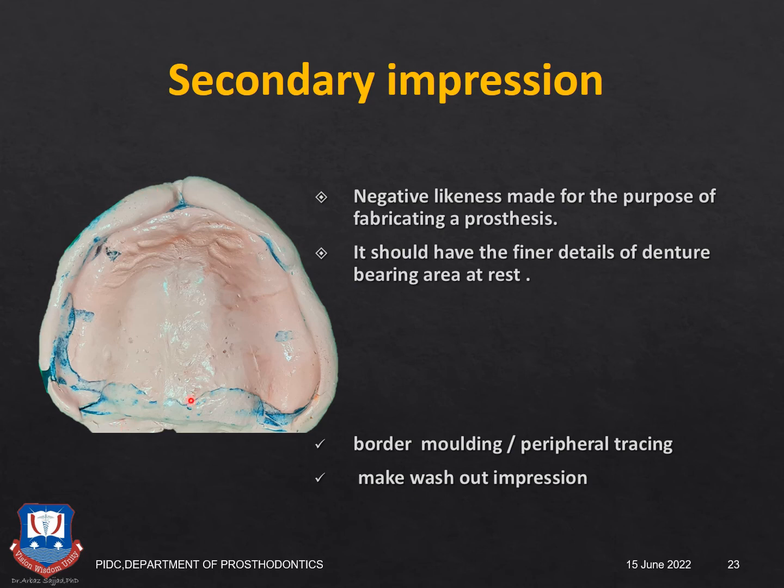This is how a secondary impression should look. It should be an exact or accurate negative likeness of the denture bearing area for the denture that is being fabricated. It should record all the final details such as the labial frenum, the buccal frenum, the rugae, incisive papilla, mid-palatine foramen, the ridges, and all the stops. That is, all the four stops should get exposed. Here you can see all the three tissue stops getting exposed, and the fourth one is faintly visible over here,